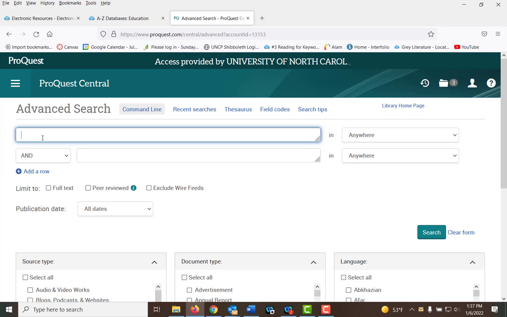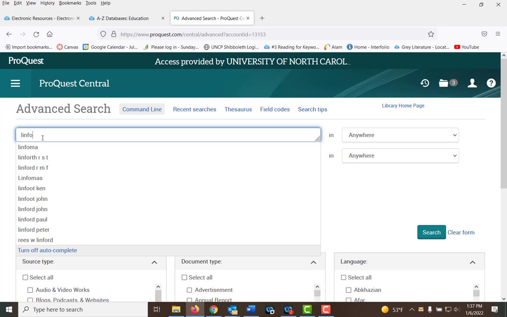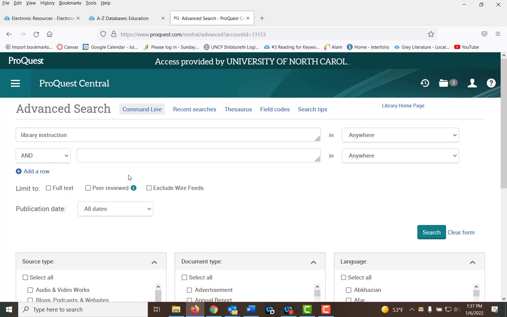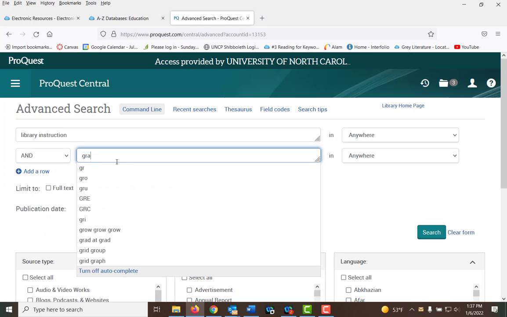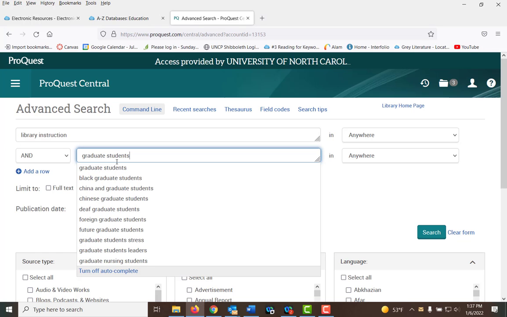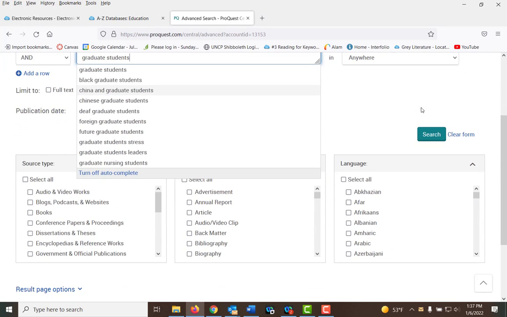I have done one, information literacy, or let me do library instruction. Graduate students. And I can do a search here for that.